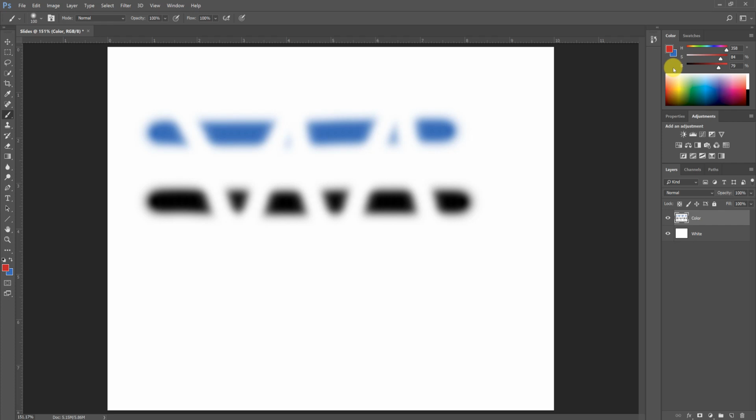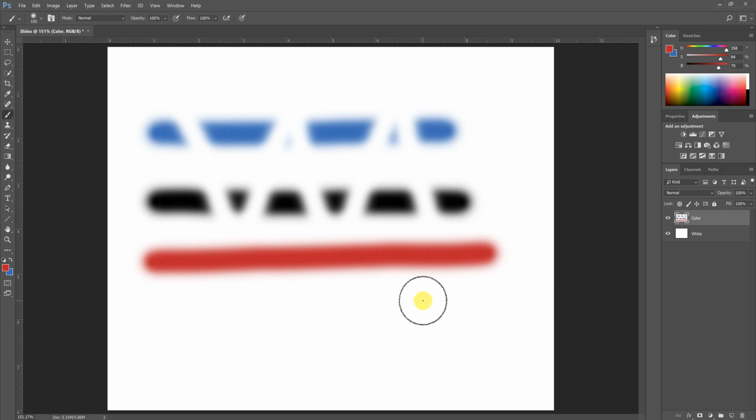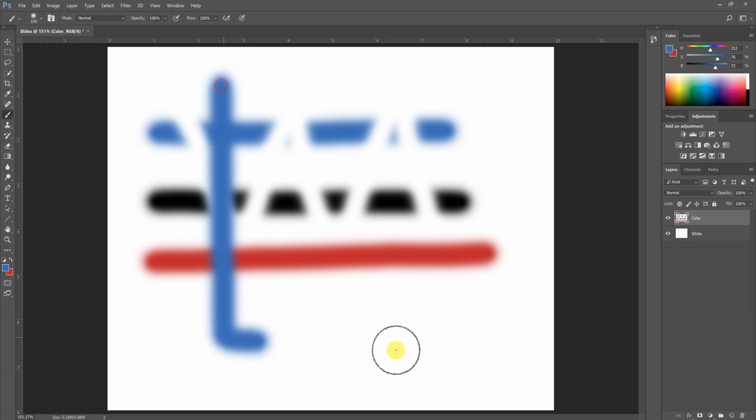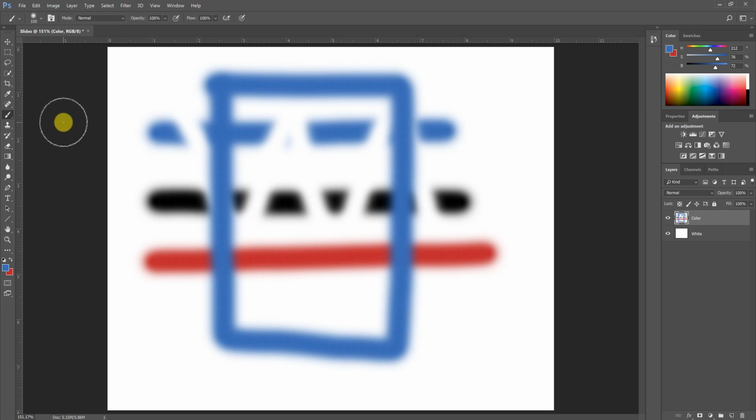If you know you're just going to be displaying things in a digital format, in a screen-based format, it's okay to ignore that warning. But now I can click and draw a red line, and I can swap back to my original blue color, since it was still there loaded in the background, by hitting my X key, and I can paint with that